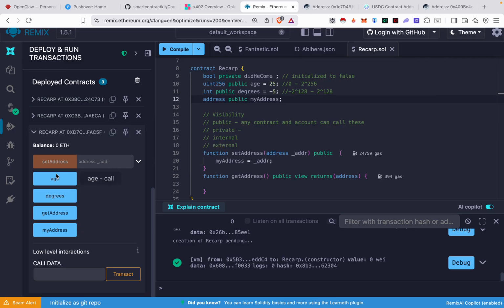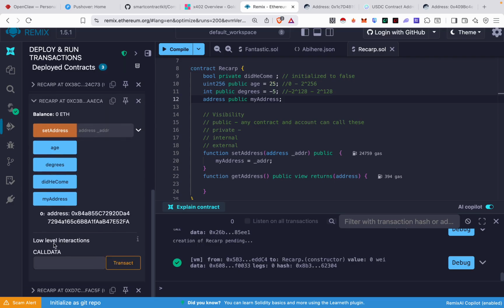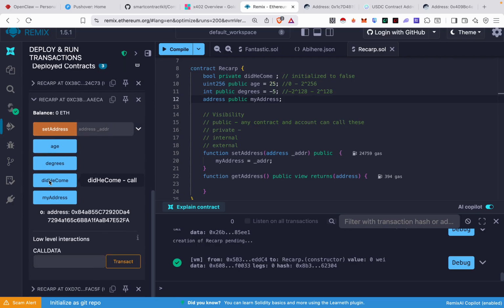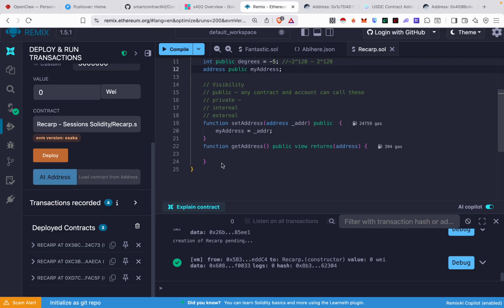Yet with our previous deployments, you can see that didHeCome is one of the accessible state variables. So that means that when you declare it private, it cannot be accessed outside of that contract. So if a function is declared